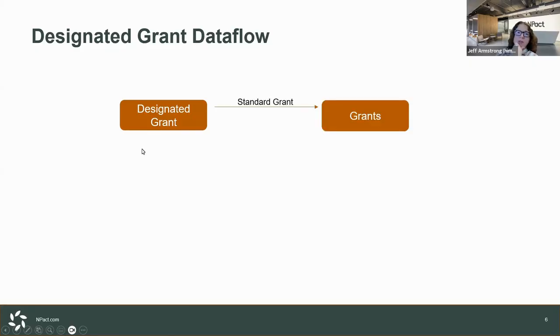So designated grant processing can result in standard grants, which is most often the case. You can also have recurring transfers that will result in interfund transfers that become grant records. But these designated grants are processed on a regular basis. Each one will have a frequency associated with it. So maybe you're doing these monthly or quarterly for each particular designated grant, based on whatever the fund holder wants to do. But on a regular basis, you'll get standard grants and/or interfund transfers created